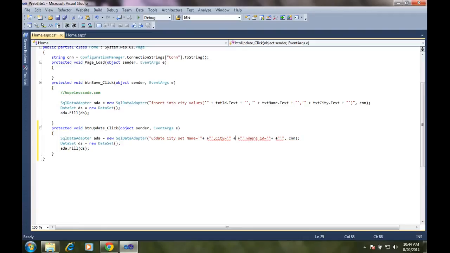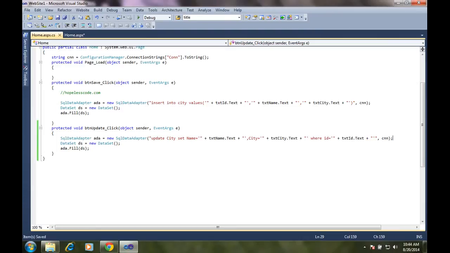Here you have to pass the value. For name you have to call txtName.Text. For city, give txtCity.Text. Here for ID, you have to mention txtId.Text. That's it. This is the code for update.